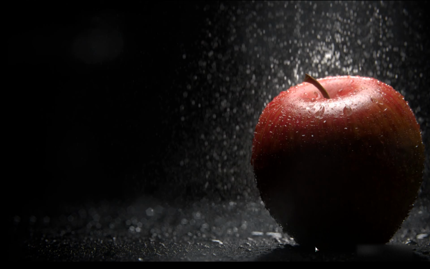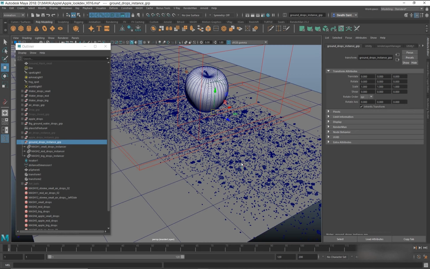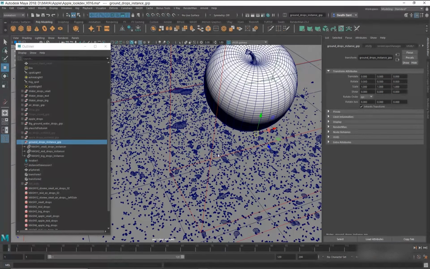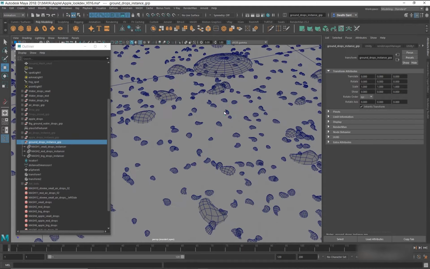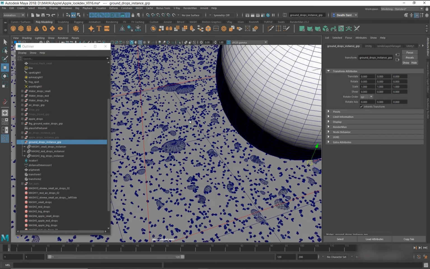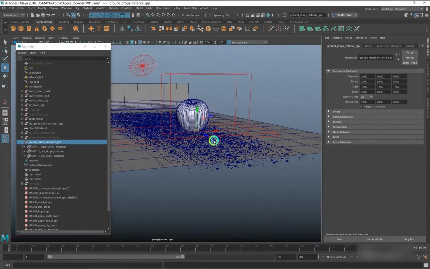It's almost dark and out of focus, so I wasn't really concerned about the overlapping. It's happening already, but it won't be really visible.